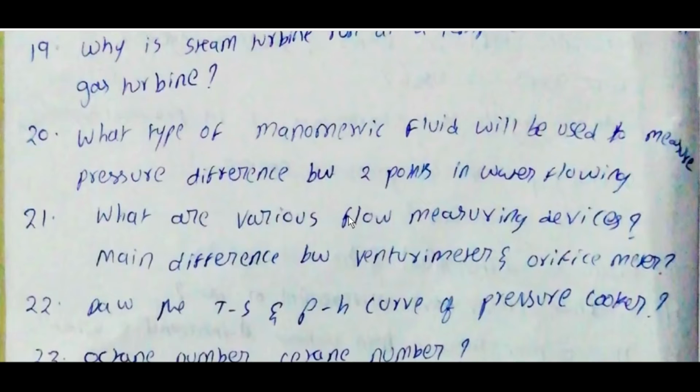A manometric fluid should have the following properties: high density so that the rise will be within the limit for high pressure measurement; low viscosity, because high viscosity will slow down the sensitivity or response; low vapor pressure to avoid cavitation; high boiling point and low freezing point so that it does not boil or freeze at room temperature; low surface tension; chemically inert; distinct interface.